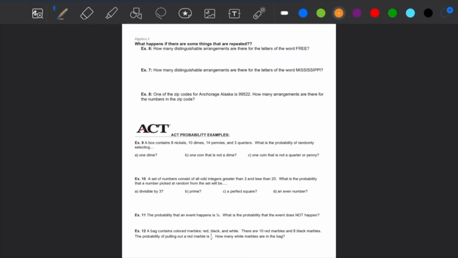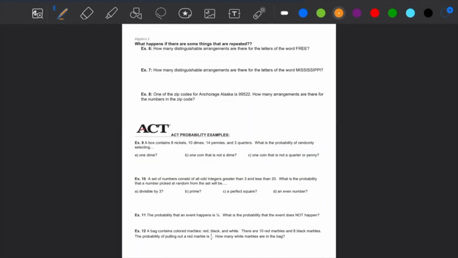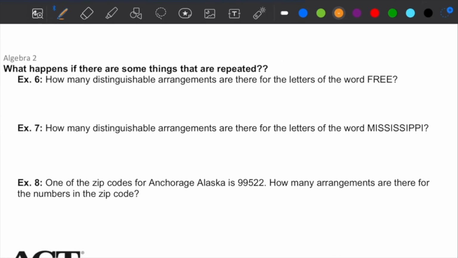On to some different examples now. So what happens if there are some things that are repeated? So example 6, how many distinguishable arrangements are there for the letters of the word free? So free would be different than if, like, let's say you were rearranging just 26 different letters in the alphabet because they're all different. So like even if you were to